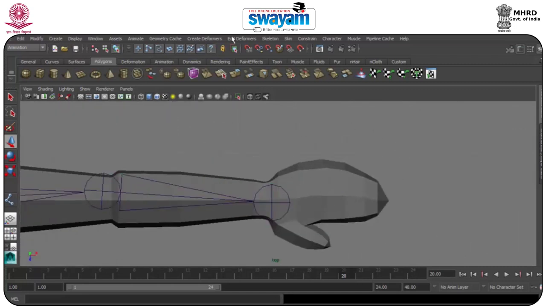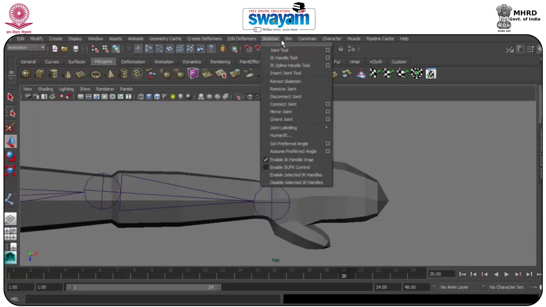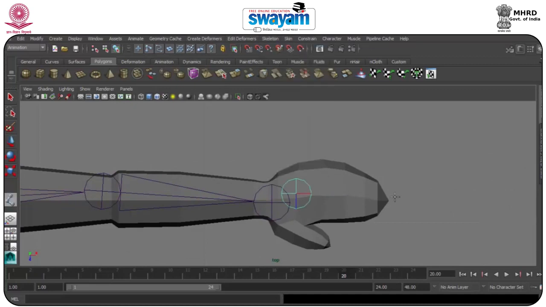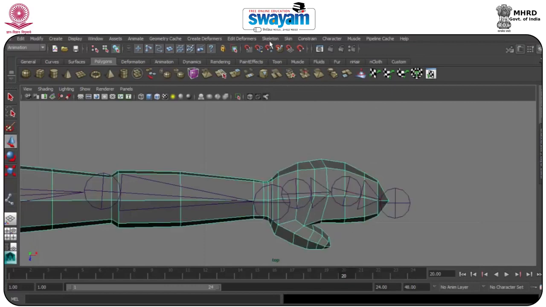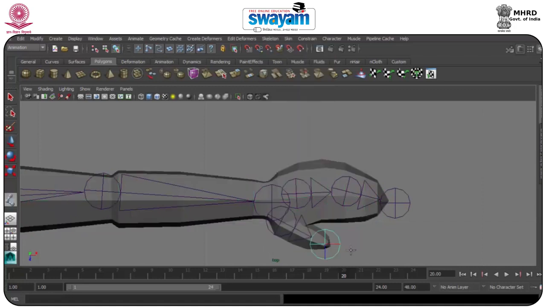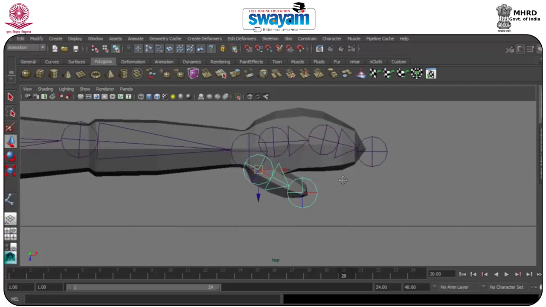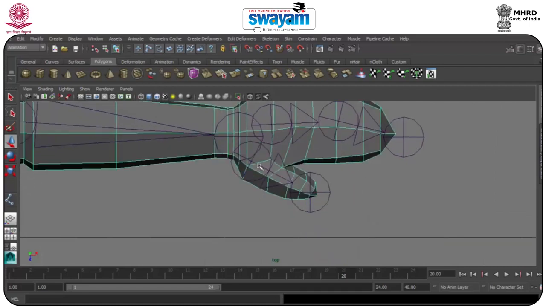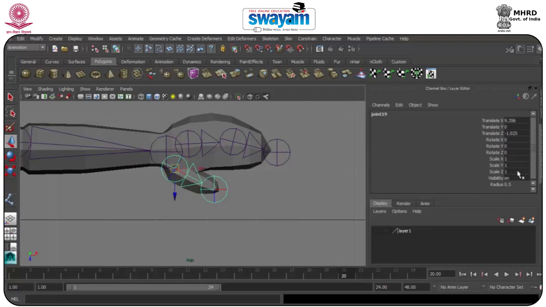And joint tool, click, click and click, enter, click, click. This is fine. So what I will do now, I will just select this bone, go to channel box, and decrease its radius by 0.2. Same with this one,